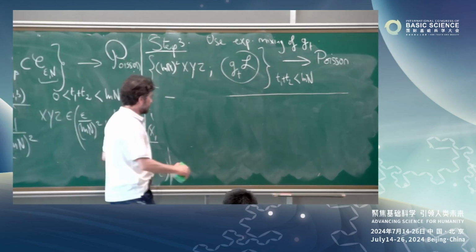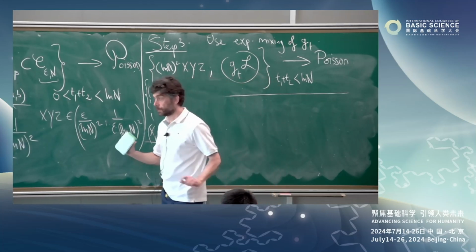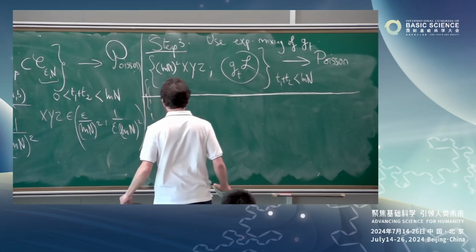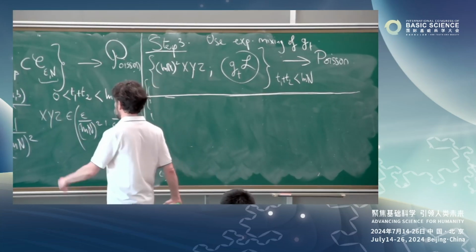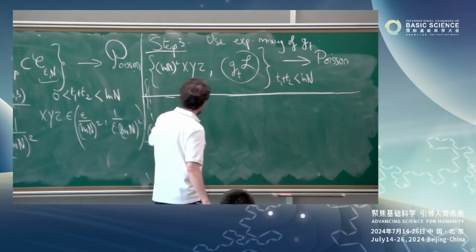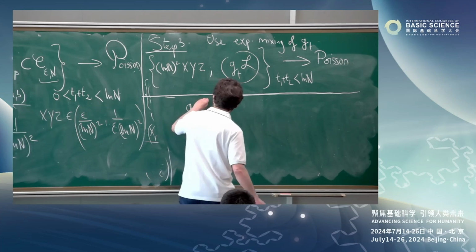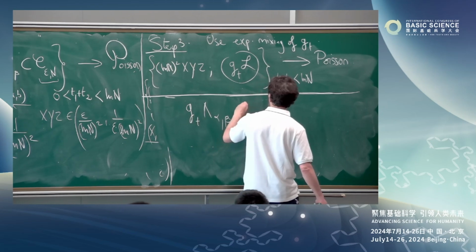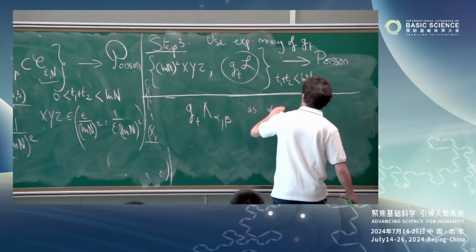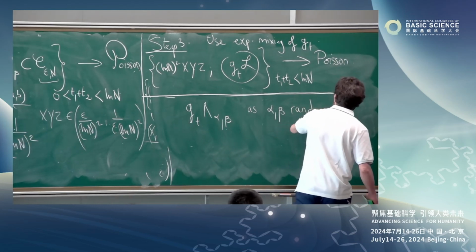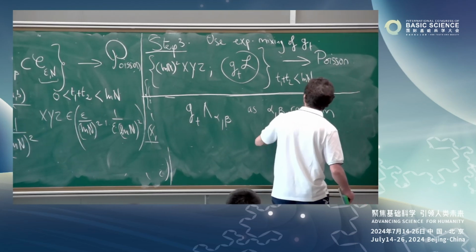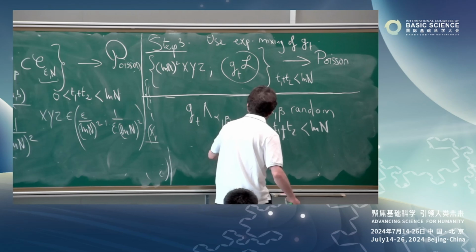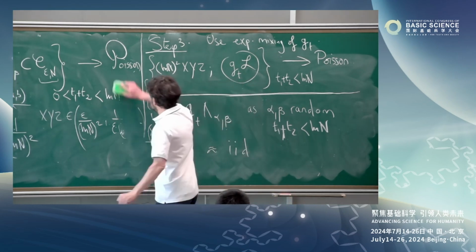Okay? Do I still have like 3 minutes? Okay. So now I'm gonna give you the main idea of this work and what is difficult and why it still works. You want to show independence of GT lambda alpha beta. You want to show that this behaves like, as alpha beta random and T1 plus T2 less than log n, it's like IID. How do you do it?